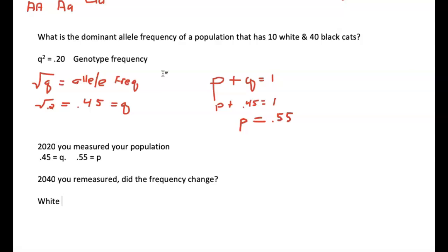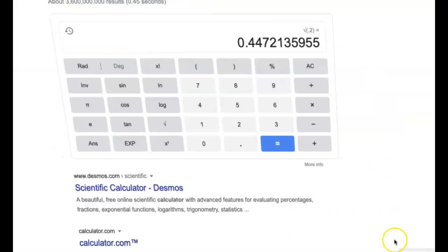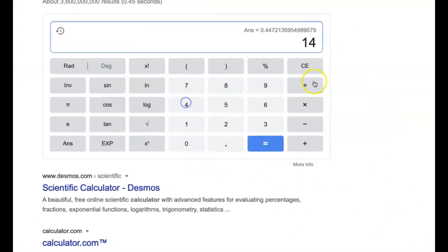And let's say you went back generations later, and what you can see is you have 14 white cats. Black, you have 36 out of a population of 50. So now we do the same exact thing again and we go, okay, 14 out of 50. Let me go back to my calculator. 14 divided by 50 equals